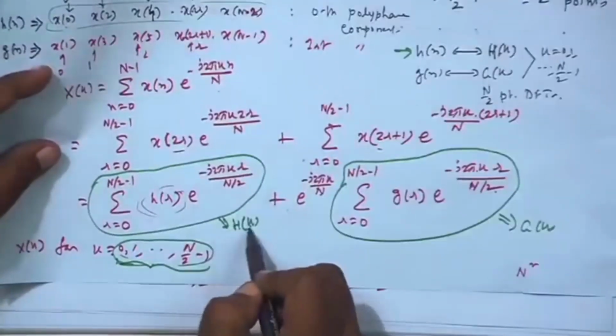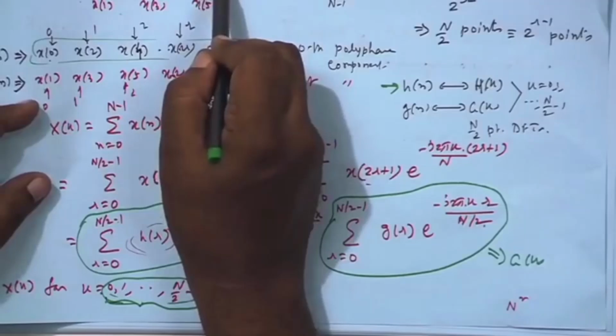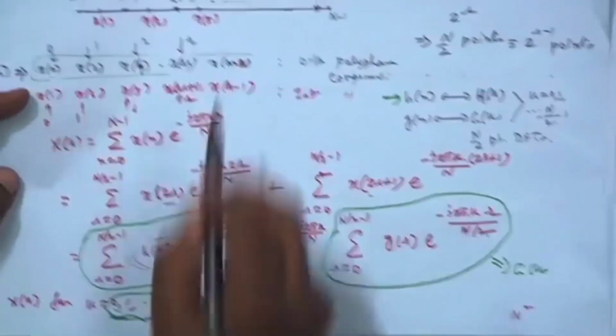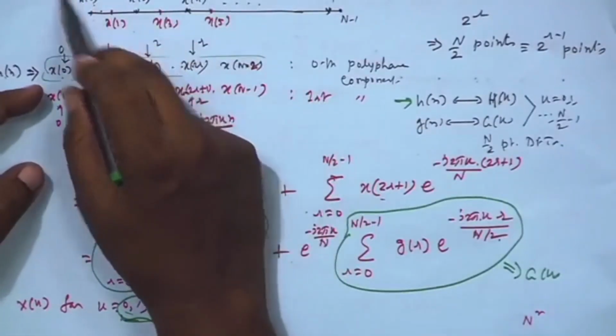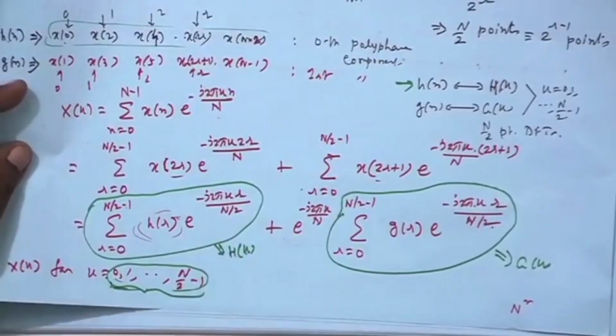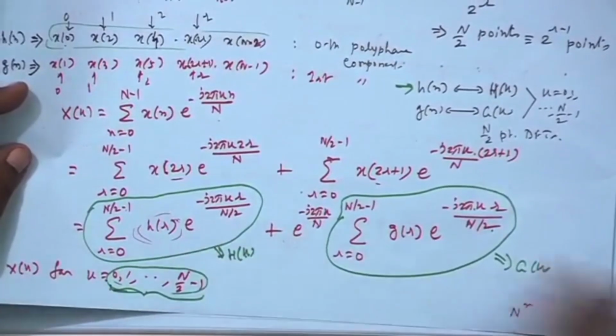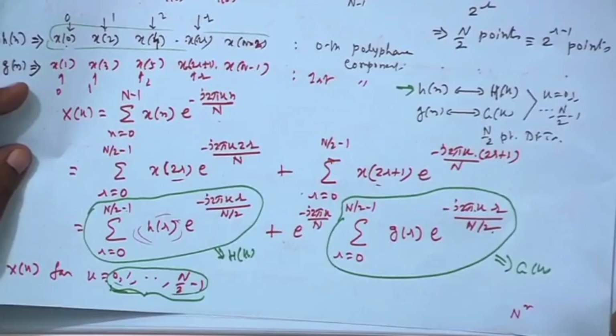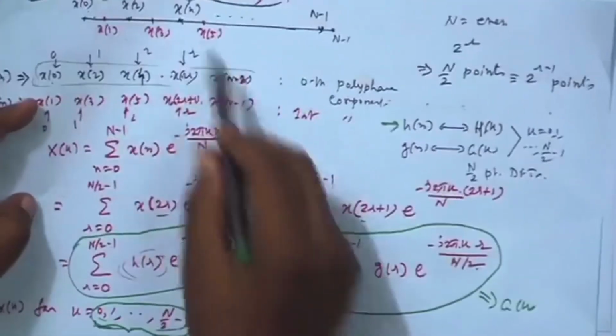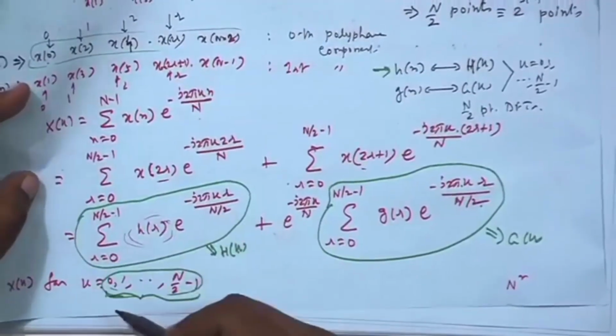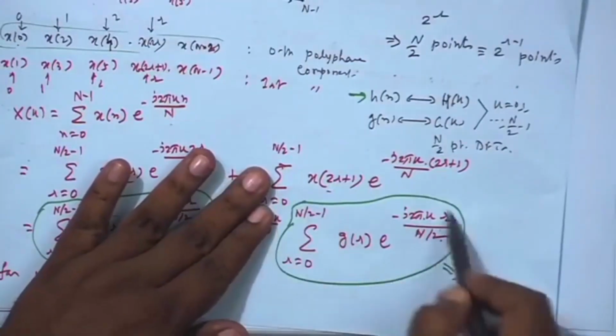So, if you have to find h at these values, n by 2 plus k, I do not have to do any calculation, because I can just go back by n by 2, whatever value I got earlier for h k, I can simply substitute that. So, I do not have to do any calculation. For the upper half, this does not require any calculation. Only thing is this multiplication,